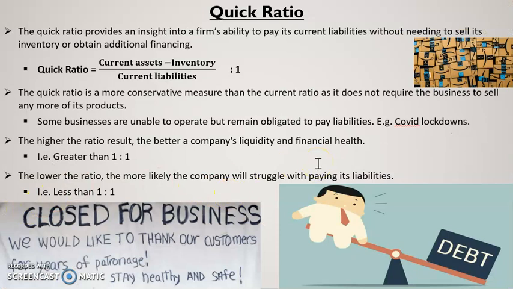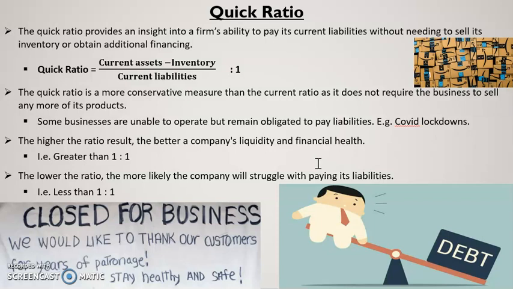Another analytical tool that we can use to work out liquidity of a business is the quick ratio. Now the quick ratio is similar to our current ratio, however, it doesn't account for the value of our inventory. So the quick ratio is worked out by taking current assets minus inventory divided by current liabilities and compared to a value of 1. So the only difference there is that we're not including the value of inventory in our